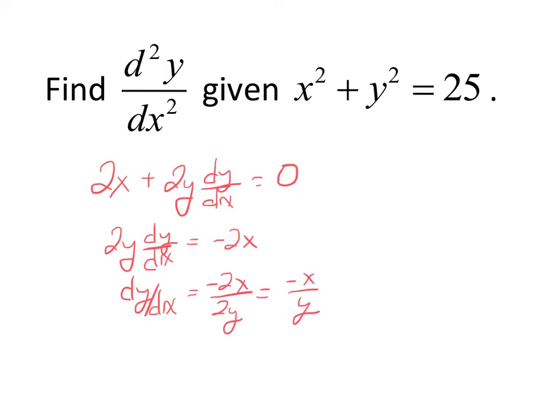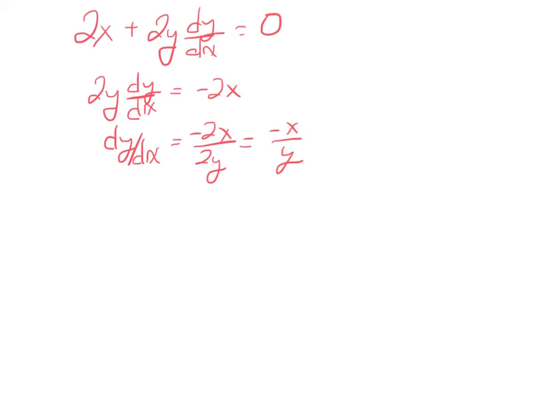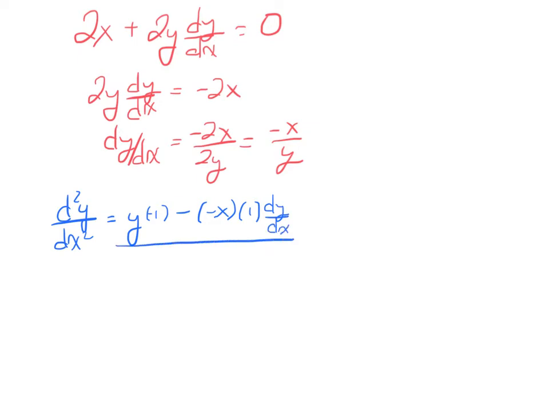But now we need the second derivative. So we need the derivative of the derivative. Here we've got a quotient, so I'm going to use quotient rule. If you want, you can make this negative x times y to the negative 1 and use the product rule. It's up to you. So our second derivative is the denominator times the derivative of the numerator, that should be a negative 1, minus the numerator times the derivative of the denominator. So the derivative of y is going to be 1 times dy dx,